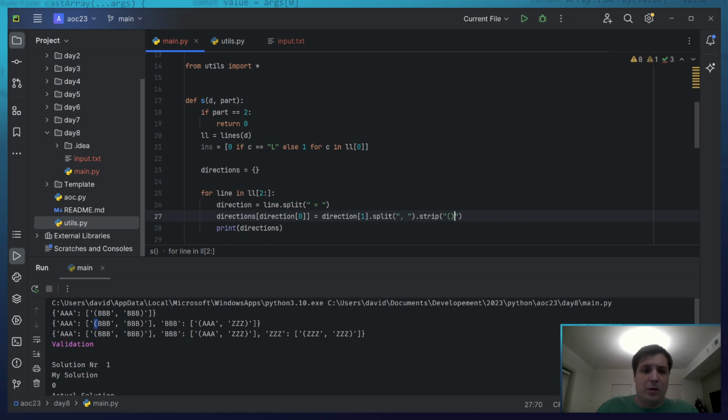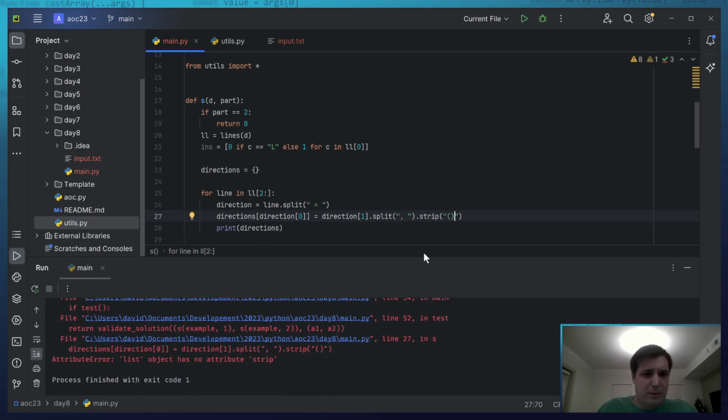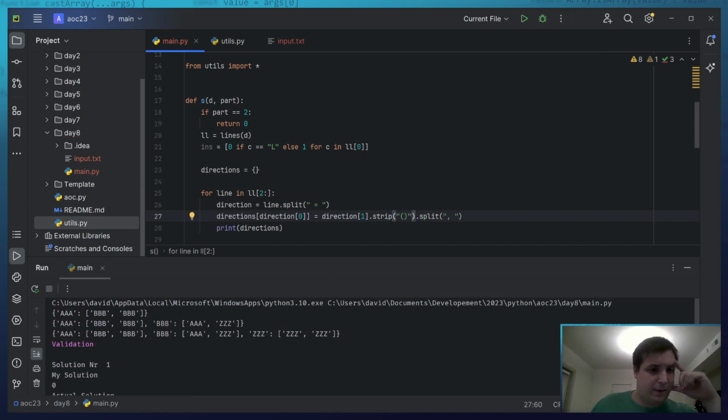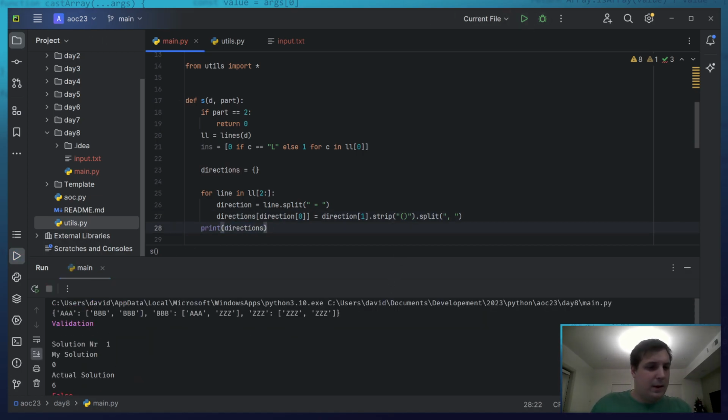Is that gonna do it? Oh. Okay, I see. Here, strip. Strip first, and then split it. Yes, that worked. So A is BB. Yes, okay. Now we have our directions. I only need this like this. Now we have all our directions, which is amazing.